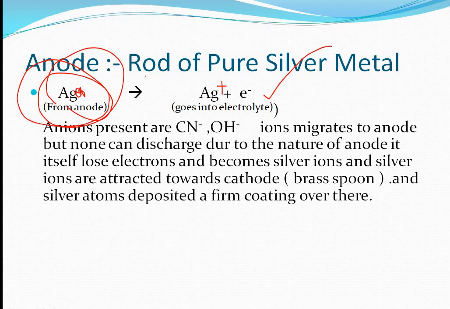So anions present are CN negative ions and OH negative ions, but again, जो भी हमने example किया था कॉपर का कि जो भी anions present होंगे they are the spectator ions, same CN negative and OH negative ions the spectator ions, and only the pure silver metal rod is oxidizing and is converted into Ag and releasing its electron, rather than the CN negative and OH negative. Like in the previous examples we did, the OH negative will be converted into OH, and then two OH combine to form the water molecule, right? But here this is not done.